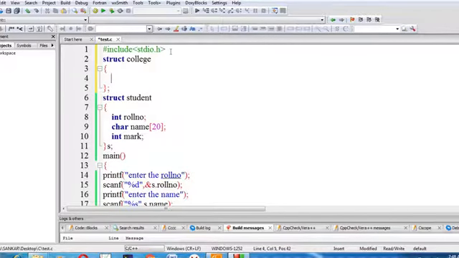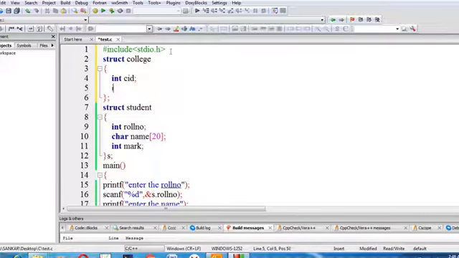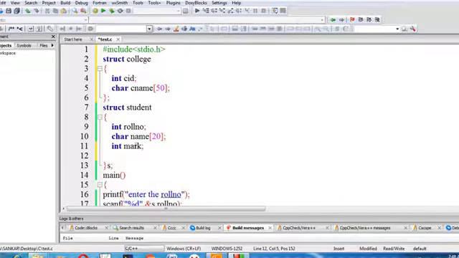It contains two things: an integer college ID, which I represent as CID, and a character array college name, with a semicolon. Nested structure means a structure inside another structure.